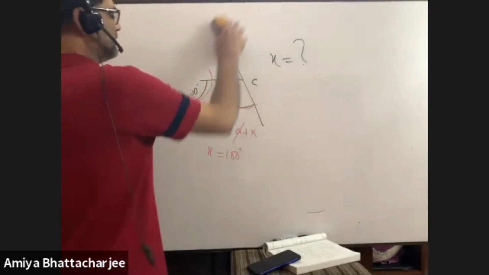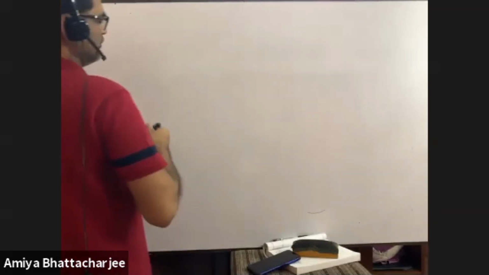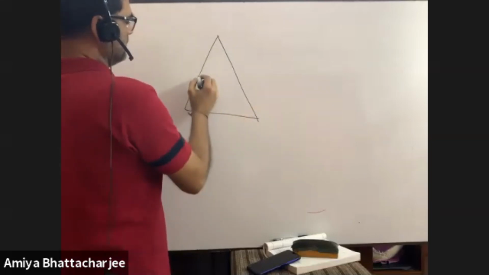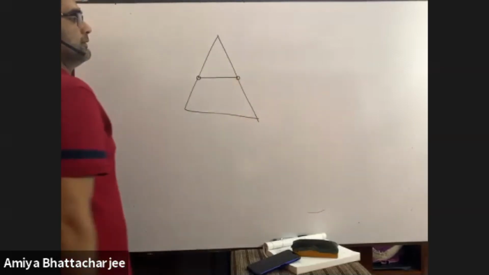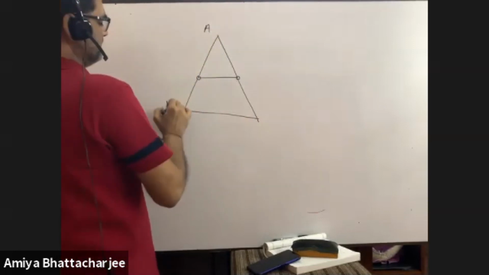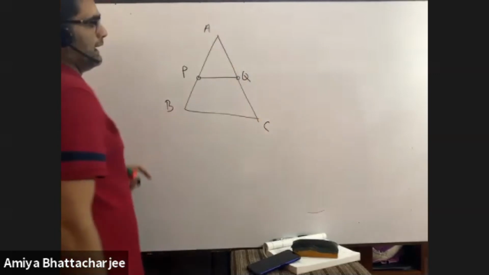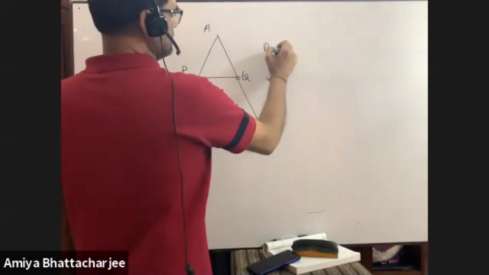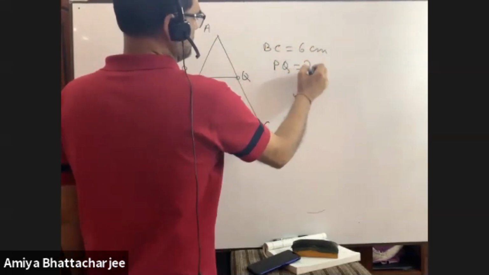Yes, sir. Is it? You will also get 3 maths on this. You see, this type of figure will be drawn like this. It will be told that it is a midpoint. It is ABC. It is PQ. Suppose it will be given like this. BC equals 6 centimeter. PQ equals what? What is the value?